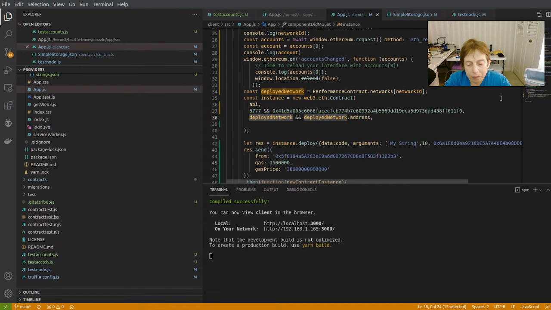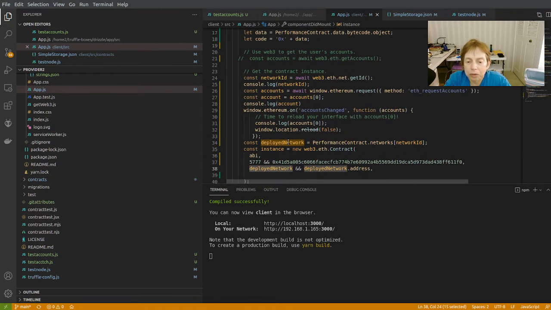So basically, I'm hoping that once I can get it to deploy, it'll be able to get the deployed network. Now, what I may have to do, I'm thinking, is actually run Truffle, because remember, when I'm running